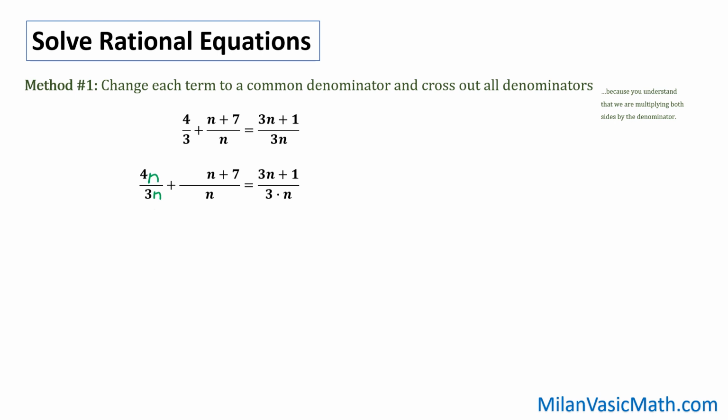The next part is missing a 3 in the denominator. And so we also need a 3 in the numerator. Don't forget the parentheses. And the last part already has 3n, so we're good. Okay, next, we're going to have to distribute the numerator here. And we end up with